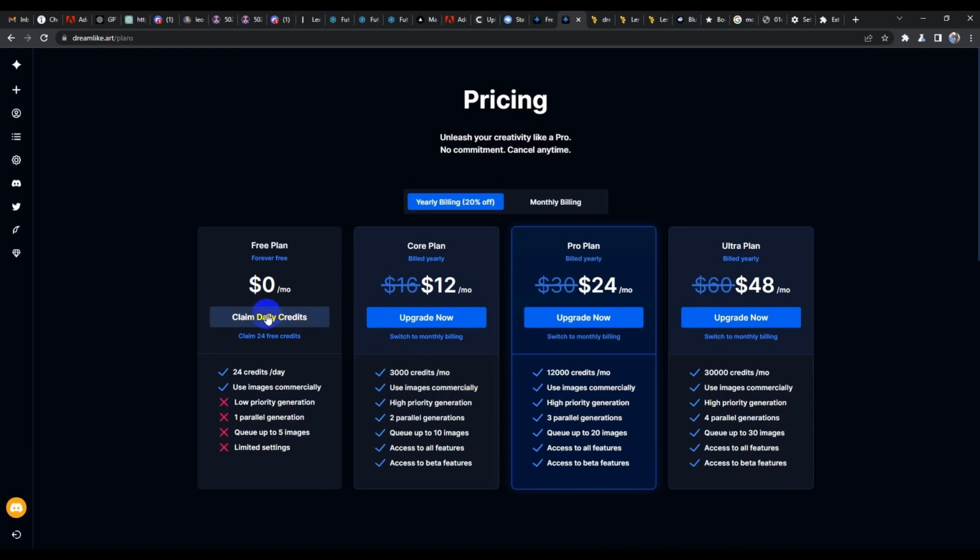Let me just claim my 24 credits right here, then I'll be able to claim them again. So even in just the free mode, 24 credits, if you use these credits wisely, you can create at least 3 good images instead of paying a lot of money.